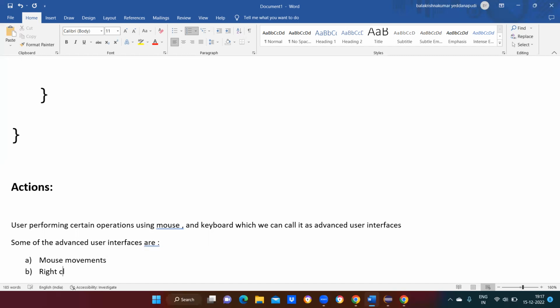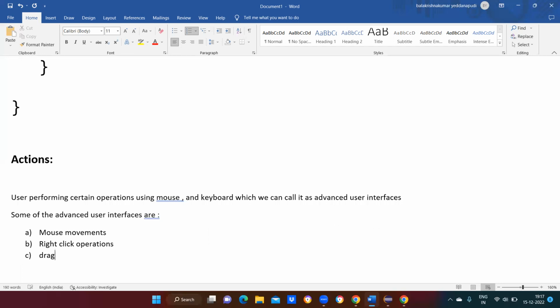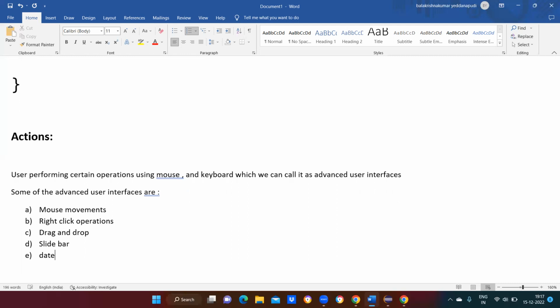second one is right click operations, third one is drag and drop, fourth one is we can go with the menu bar also. So mouse movements, right click operations, drag and drop, slide bar, next date picker, next selectable,